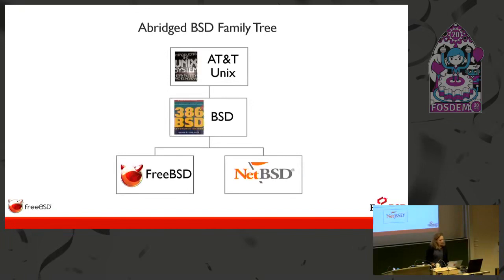So I stole this from someone from Netflix who gave a talk last year at the main track. Actually, it was really good, and so I stole his abridged version of where FreeBSD came from, because I really liked it, but I added nice graphics to mine. It's really AT&T Unix started in 1969, and you may be familiar with the anniversary that was celebrated, I think last November in New Jersey, where Unix was created, and then the BSD started from that.